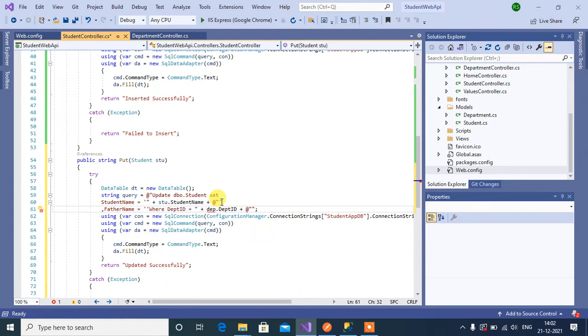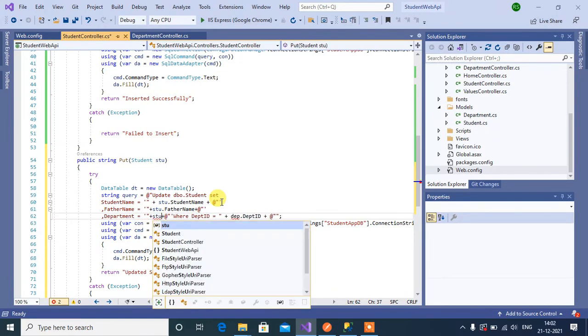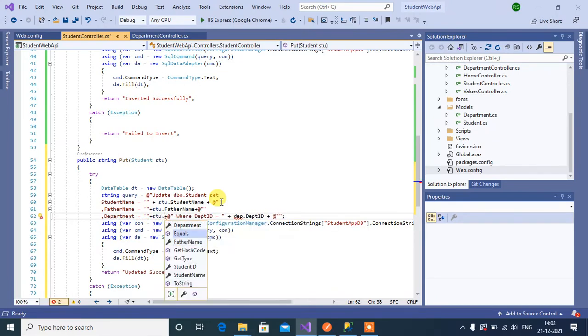Single quote, within that double quote, plus stu dot father name, then department name, double quote, plus symbol. Inside this stu dot department,